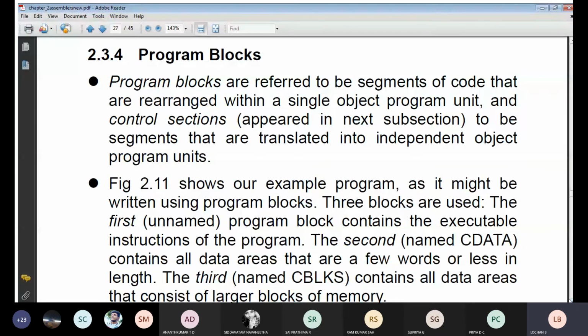For addition, I have written a small program. For subtraction, I have written one. For multiplication, I have written one. For division, I have written one. Whatever small code you have written, I will call everything in your main function, and I will be executing it.